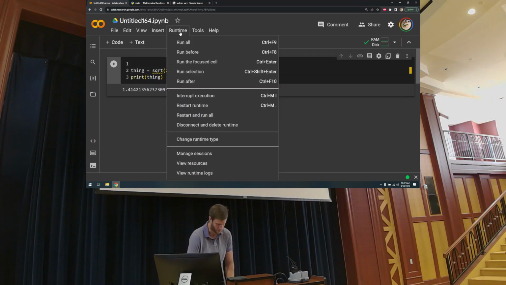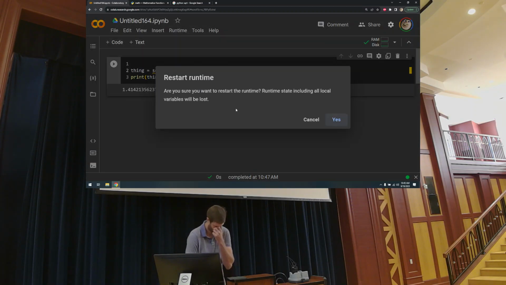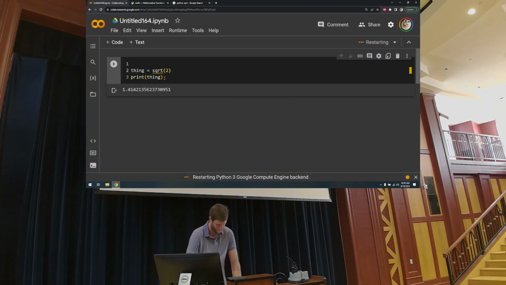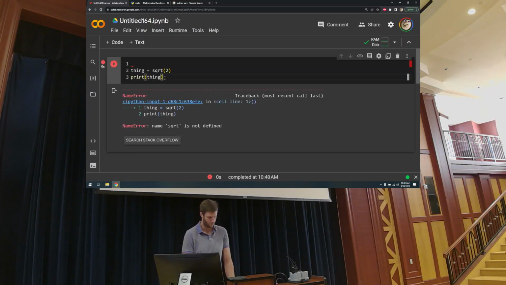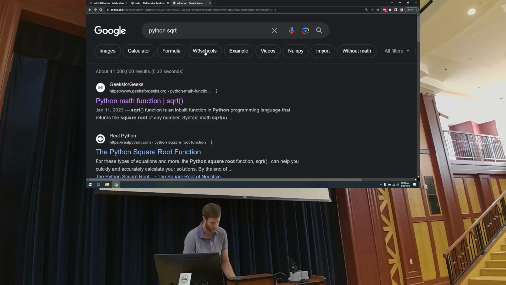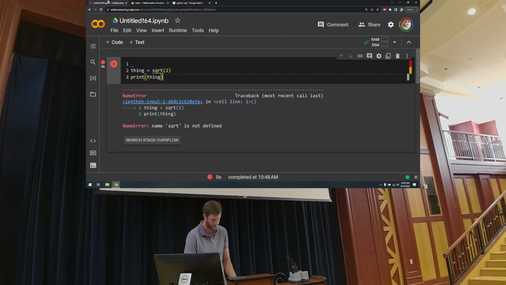Let me restart the runtime as well. If you did this, it's going to tell you SQRT is not defined. And then you're going to be annoyed because you're going to be like, well, look, it just literally says square root function. It's an inbuilt function in Python. What's going on? And yeah, it is. But